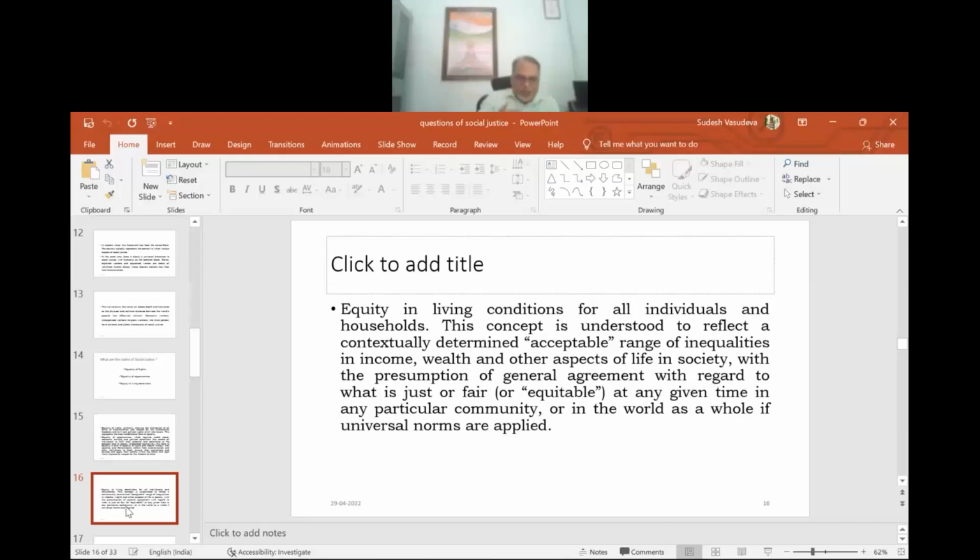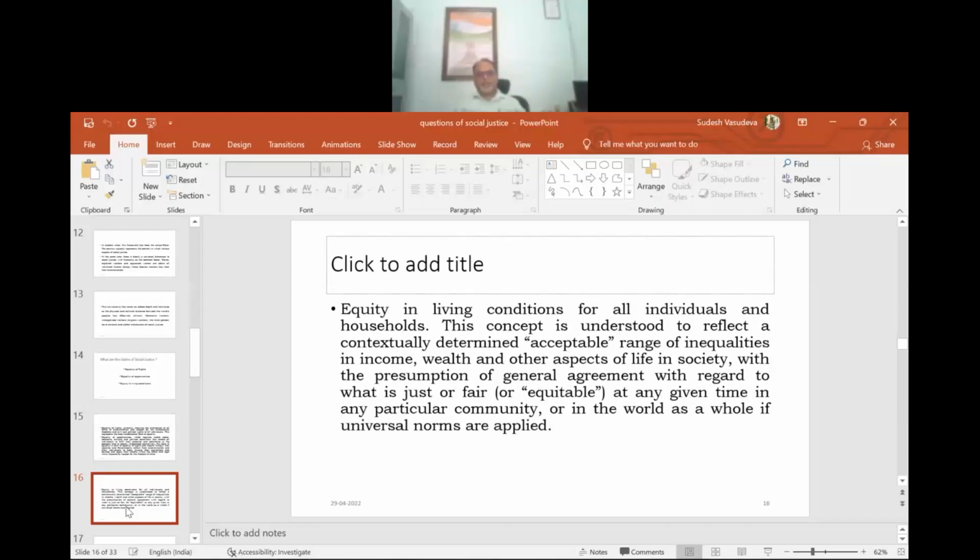Now, the third component is equity in living conditions. Now, the document changes from the word equality to equity. Why? Equity in living conditions for all individuals and households. This concept is understood to reflect a contextuality determined as acceptable. Now, there are certain acceptable ranges of inequalities in income. Within that inequalities of income, there must be equity in the sense of